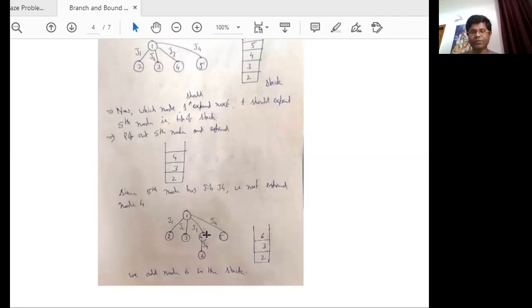I discussed the rat and maze problem today, and then at last I discussed the branch and bound method. This method is very popular and it is used for optimization, and it solves only the minimization problem. So this is a very important branch and bound algorithm, and I have discussed 3 variations of branch and bound. The first one uses a stack, the second one uses a queue, and the third one uses the least cost method. So these are the 3 variations.